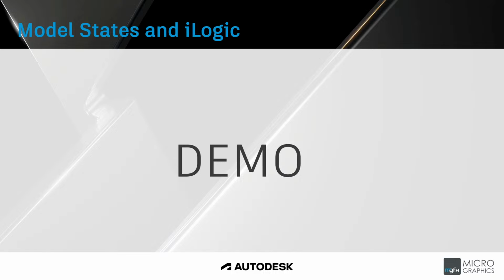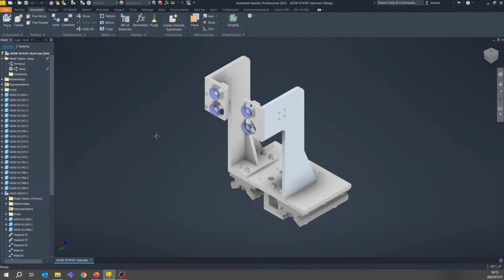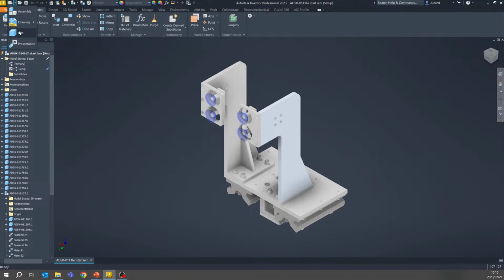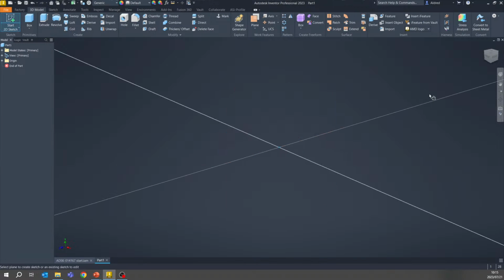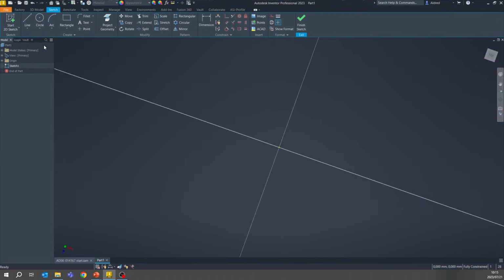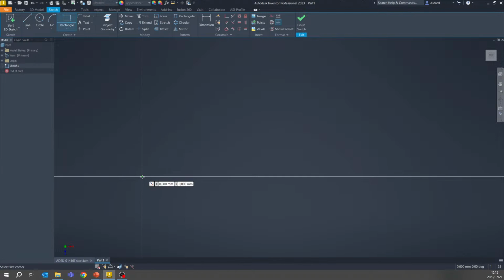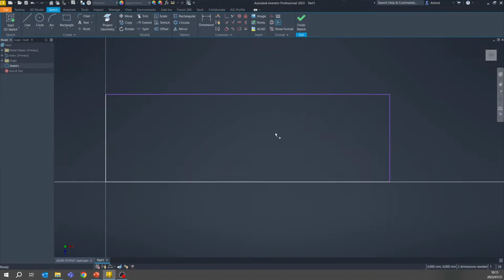Okay, let's take a look at a quick little demo on just what we've chatted about there. I'm just going to create a new part over here, and quickly do a very simple design in Inventor. Okay, so we've got just a little block over here, and then I'm going to dimension it. Now, as I said, naming is key. So length equals, make it 300, and then we're going to do